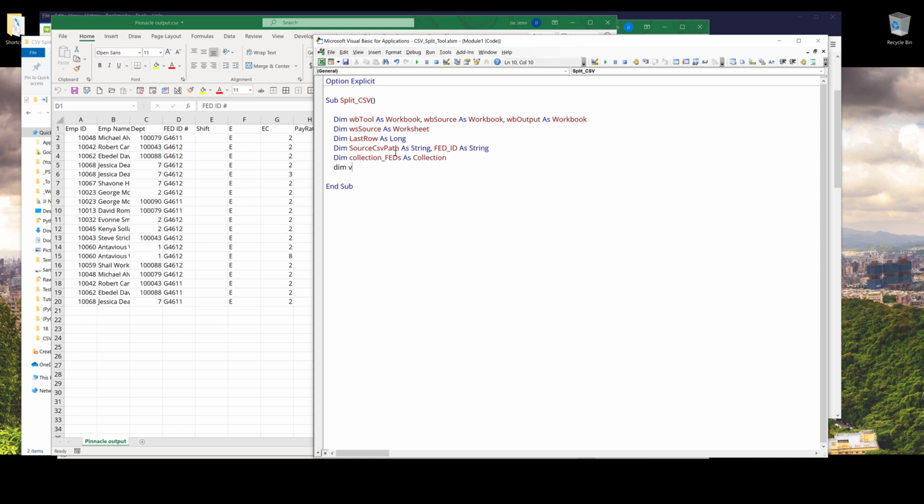And the last one is helper variable. So I'm going to name this variable as V as a variant. And that's all the variables we need to declare. If I were performing this task by hand, so what I want to have a tool or a function to